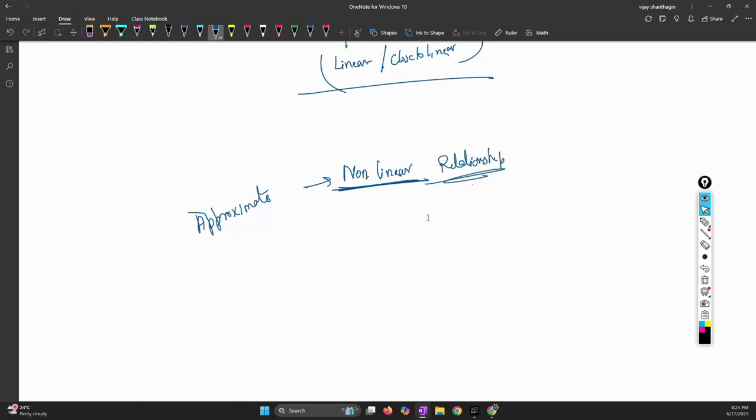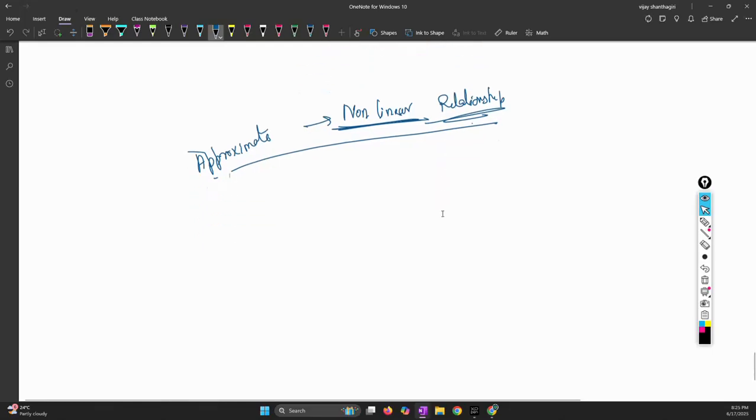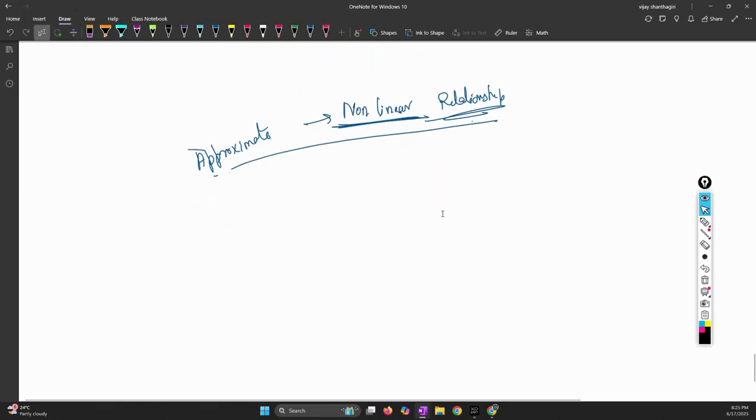This is most important to understand. So when you're trying to approximate a non-linear relationship, your linear machine learning algorithms will fail because of non-linearity. For example, if you want to understand what non-linearity is,